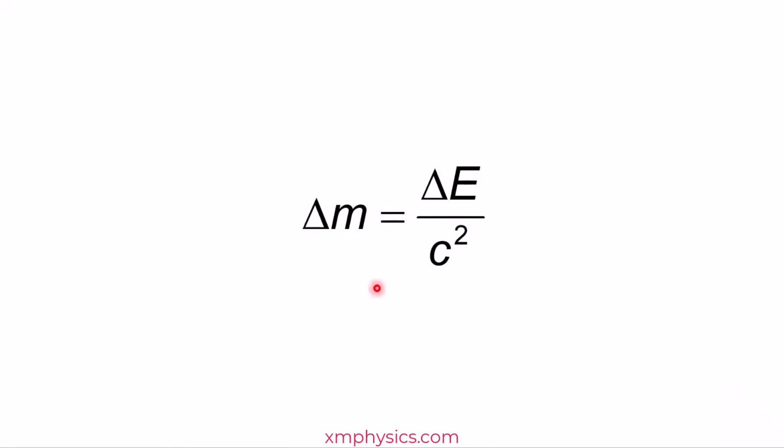According to E = mc², the gain in mass of a system should be equal to the gain in energy of the system divided by c². c is, of course, the speed of light. c² is, of course, a very big number. So unless ΔE is also very big, ΔM may not be large enough to be observable.